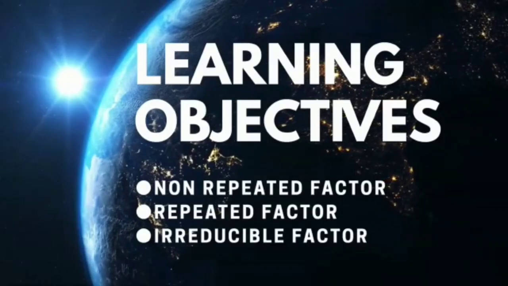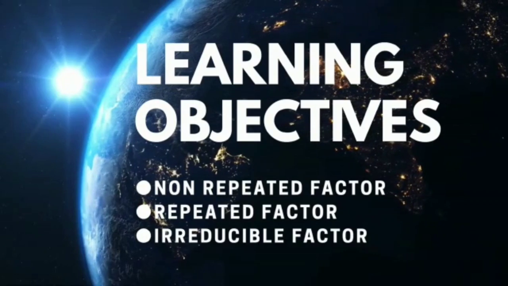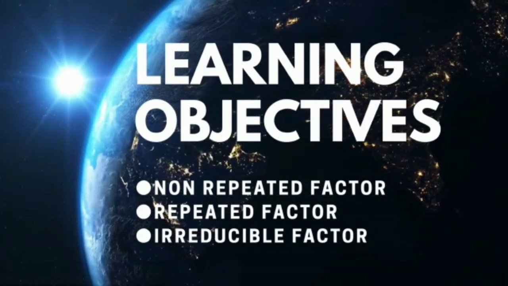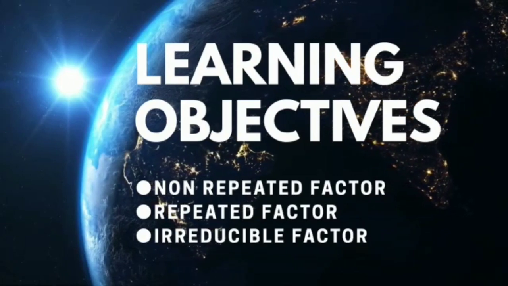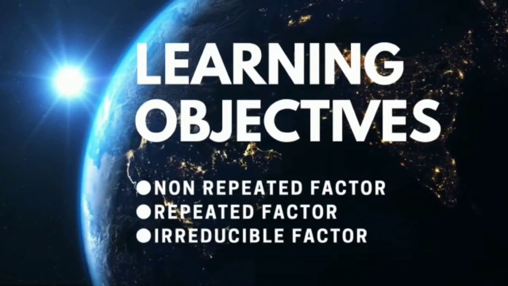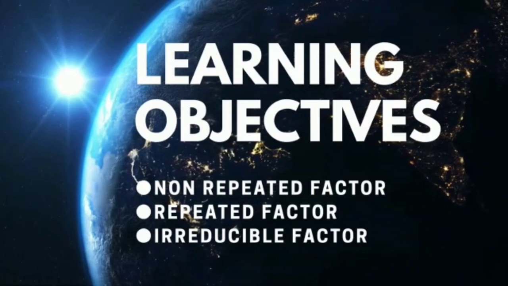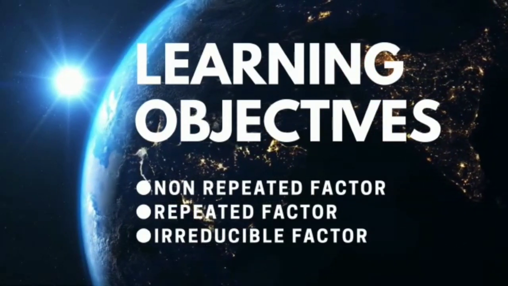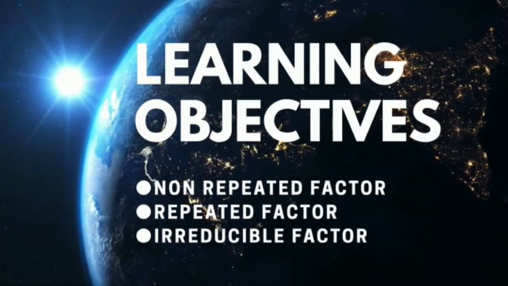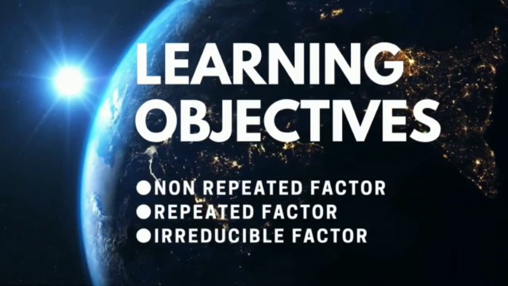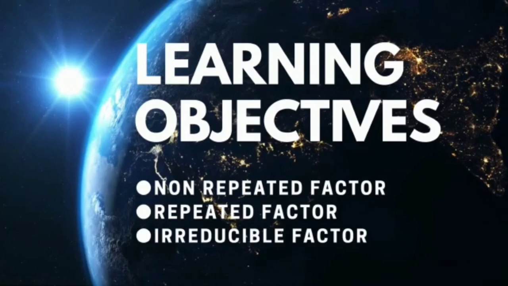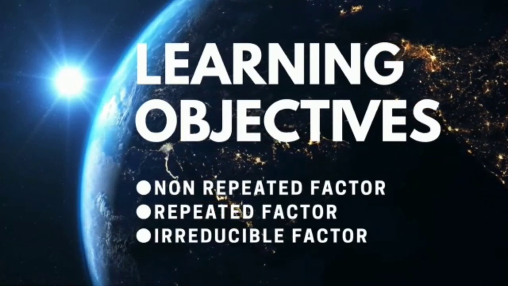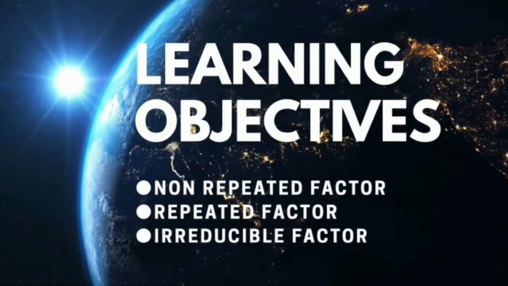Use a variable for the original numerators, usually a, b or c, depending on the number of factors, placing each variable over a single factor. Next, repeated factor. Use a variable like a, b or c for the numerators and account for increasing powers of the denominator. Last is irreducible factor. Use linear expressions such as ax plus b for the numerators of each quadratic factor in the denominator.